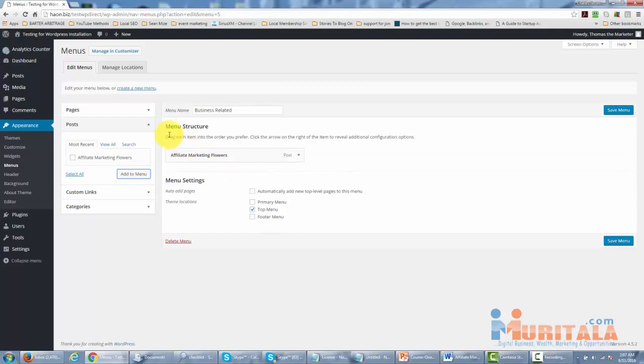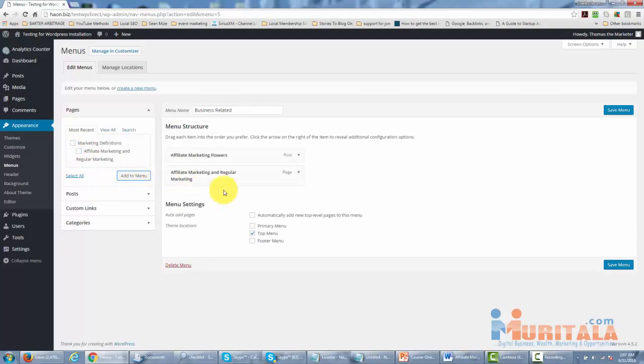And then there is our post. We can also add pages to that menu. So now both of these things will appear inside of our business related menu, and it's going to appear on the top. So now we'll save that menu,